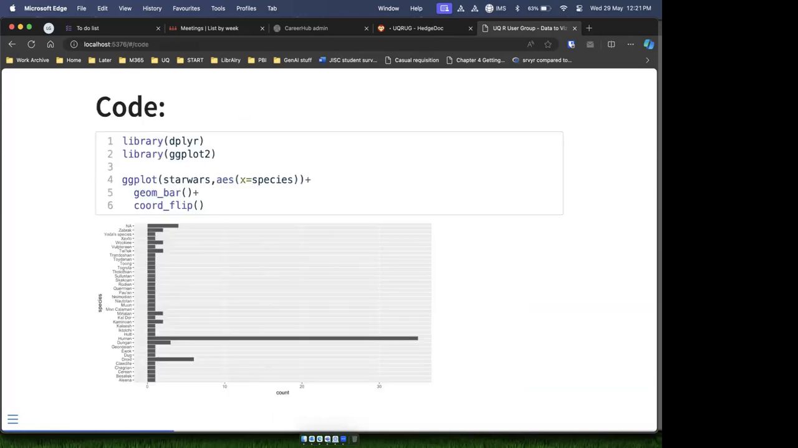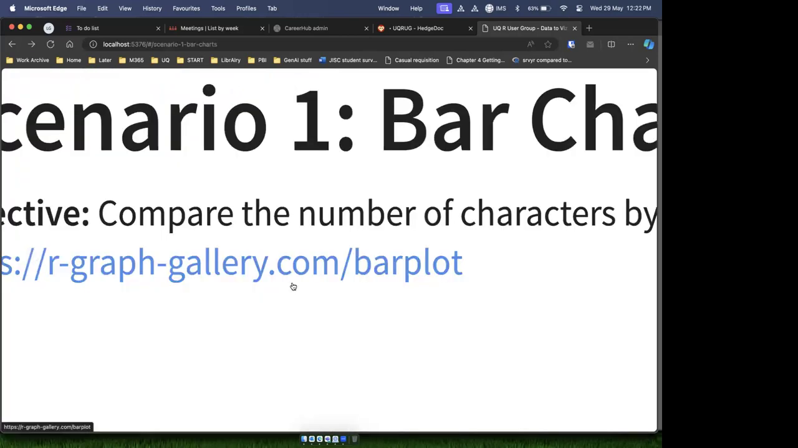So this was a basic plot that I made from that Star Wars data set. As you can see there, I've just done a very basic loading in dplyr, loading in ggplot, and then I've looked at the species variable within Star Wars, which has created this bar chart of the various species and a count of those species. And so we can see,